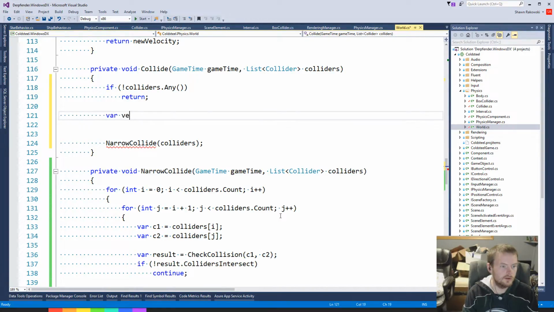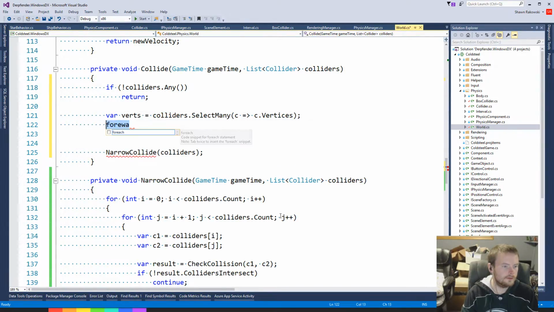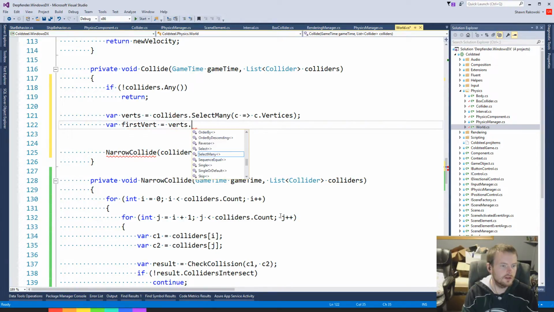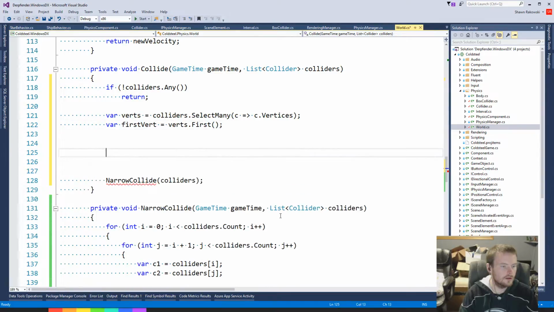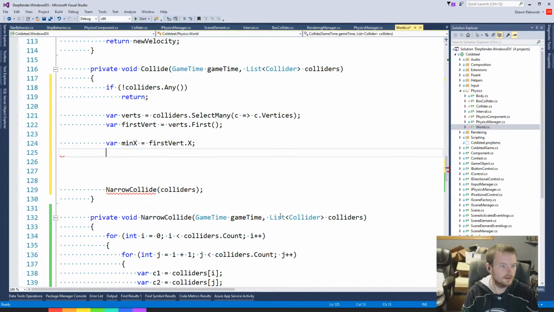So verts equals colliders dot select many c dot verts. First vert equals verts dot first, and then go var min x equals first vert dot x, var max x equals,